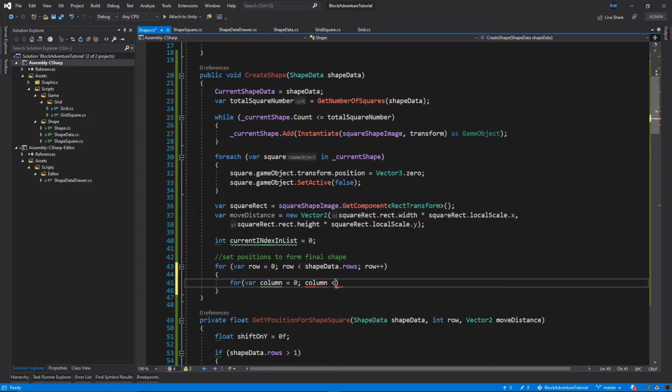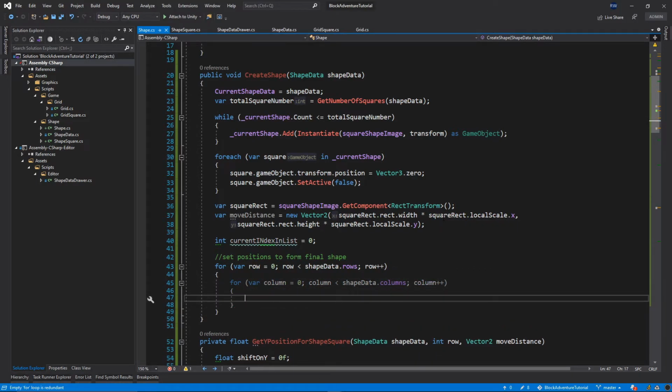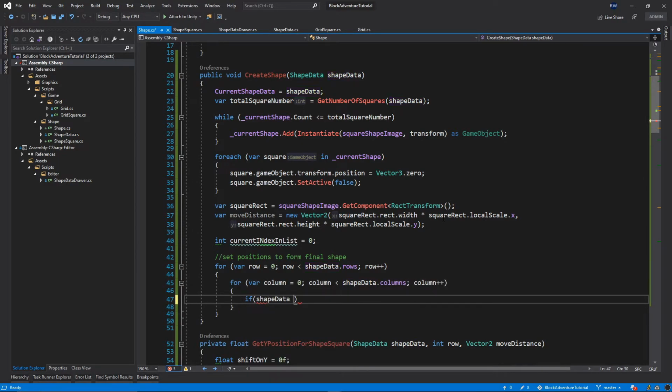Column is less than the shapeData.columns, column plus plus, and then if the shapeData.board at row.column at column